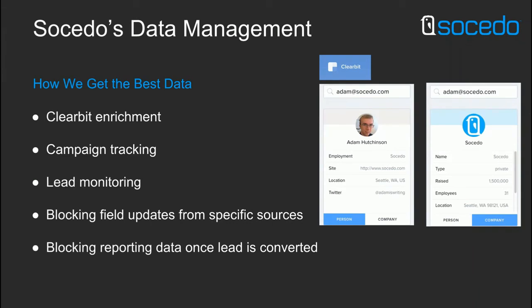Once I decide to pass a lead over to sales, the phone number field itself takes precedence. That's the one that's going to go over. And I will also pass over main phone number, the secondary field, just in case that other one is fake. But I'm not going to update a field because I know that phone number field is probably more accurate. So blocking these different field updates from different sources and keeping fields in separate holding fields is super helpful. It's actually made our database a lot cleaner.